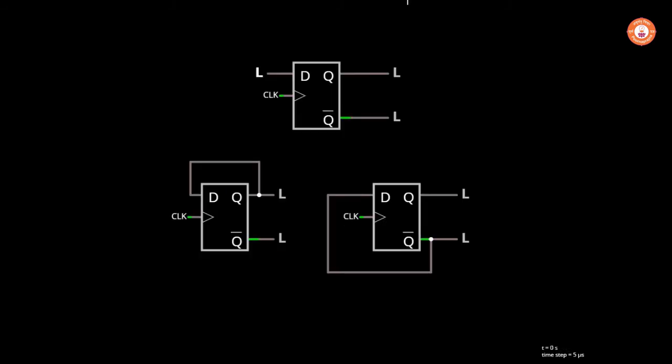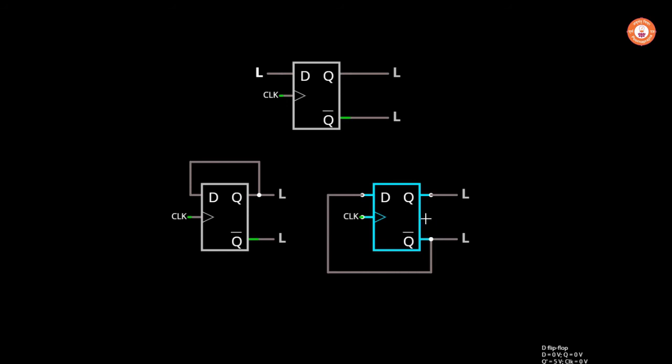Now let's experiment with the D flip-flop. Here in the image you will see there are three D flip-flops. First one is a general D flip-flop with one input and the output and the complement. This is simple as it is in the previous diagram. This is a D flip-flop which does not have an independent input, and you take the Q output as the input. So the Q output of one state is equal to the input of the next state. Similarly, in this flip-flop, we have Q complement given as the input. So Q complement of one state will be the input of the next state.